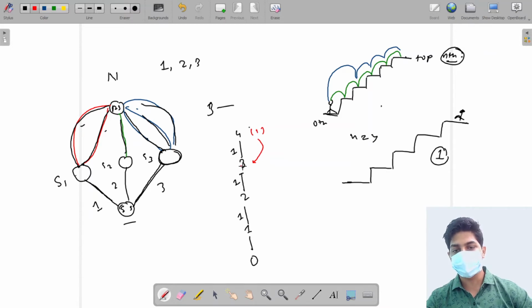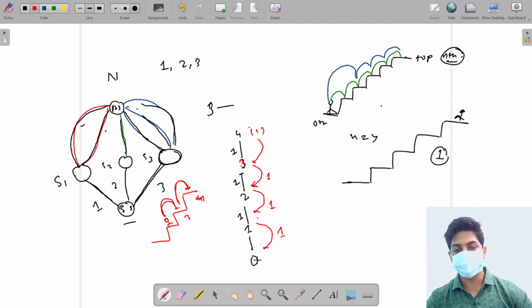So the third step knows that from the third step to reach the fourth step there is one way. So this will return one. Now the second step knows that if he takes a jump of 1 unit, he reaches the third step. And the third step says there is one path from me to reach the fourth step, that is take a jump of 1 unit. So there is one path from 2 also. He will take a jump of 1 unit, then again 1 unit, and reach the fourth step. So this will return 1 to the second step. Similarly, the second step will return 1 to the first step, and the first step will return 1 to the second step.